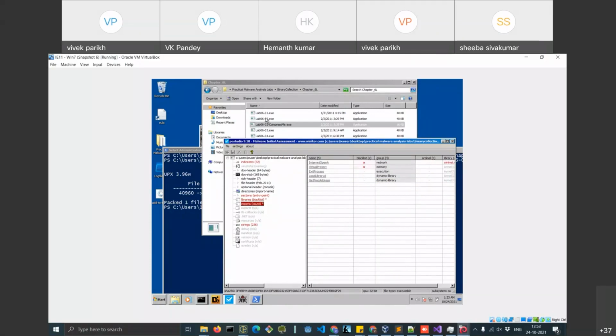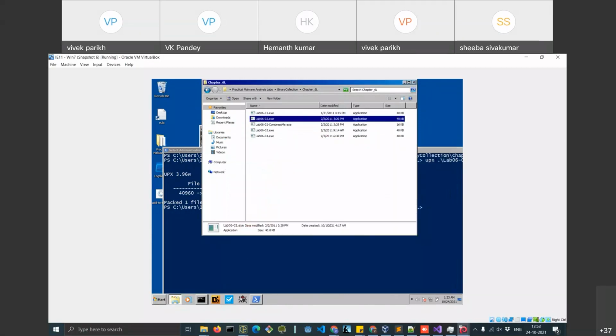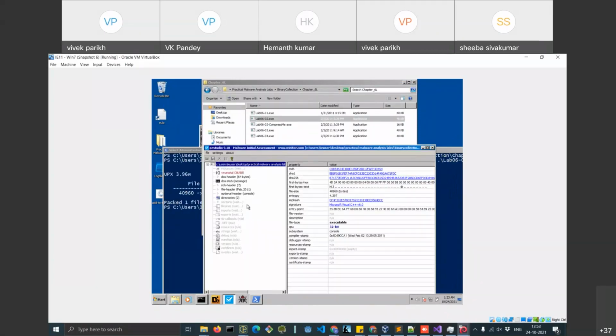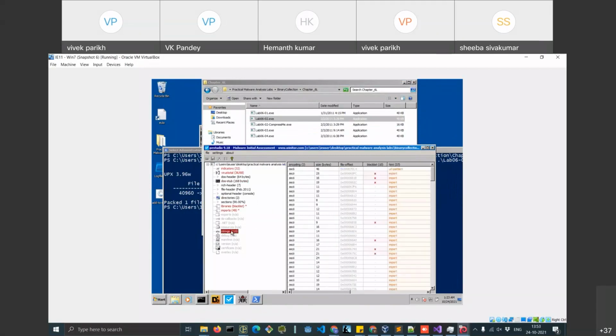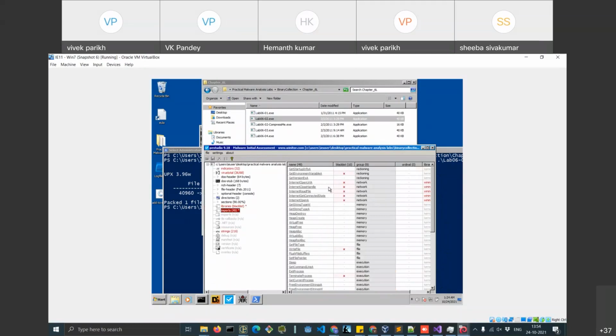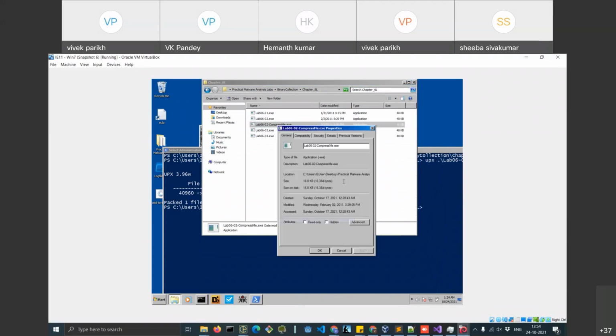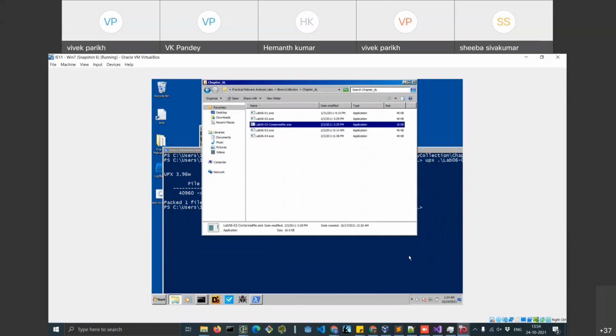Okay, in contrast, if you try to load the original file in PE Studio, what will happen is you'll see that there are several other functions that are called by the binary. So this is the original file. If I try to load it in PE Studio, you can see that I can see some strings. Okay, then I can see that some imports are here. But all those imports and everything, they vanished when we open the compressed file under a PE analyzer.